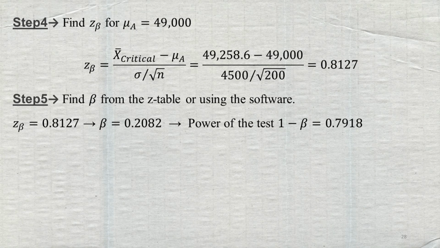Finally, steps 4 and 5. Step 4. Find Z sub b for mu sub a equals 49,000. Use the shown formula to find Z sub b equals 0.8127. Step 5. Find beta from the z-table or using Excel. Z sub b equals 0.8127 implies that beta equals 0.2082 and power of the test 1 minus beta equals